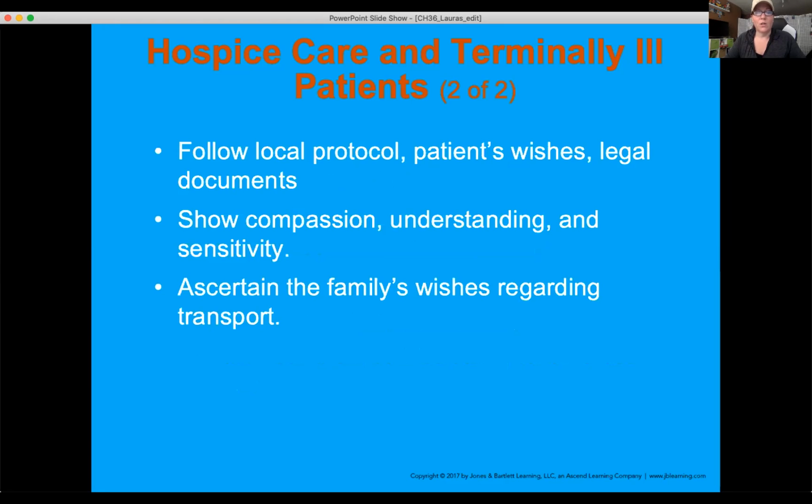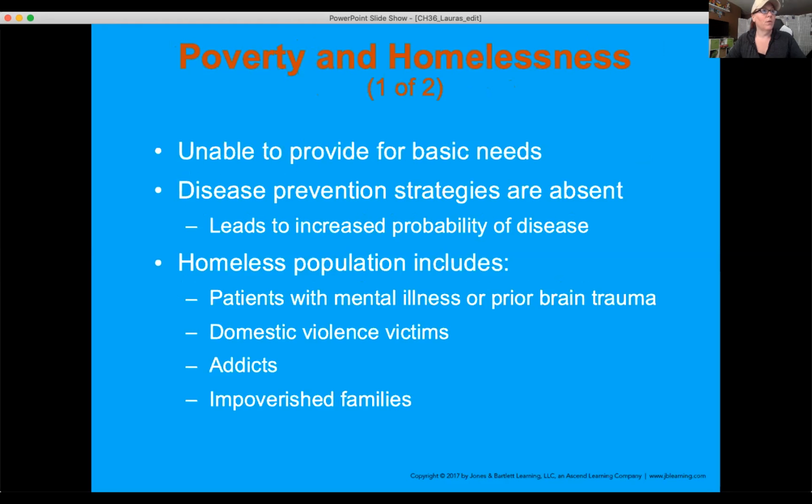Do not resuscitate does not mean do not treat, okay? Ask them if there's a plan in place if something happens, if they get sick, are they supposed to call somebody? Most home hospice, the good agencies, will have somebody available 24 hours a day for the family to call for help or for questions with medical concerns, or for us to call.